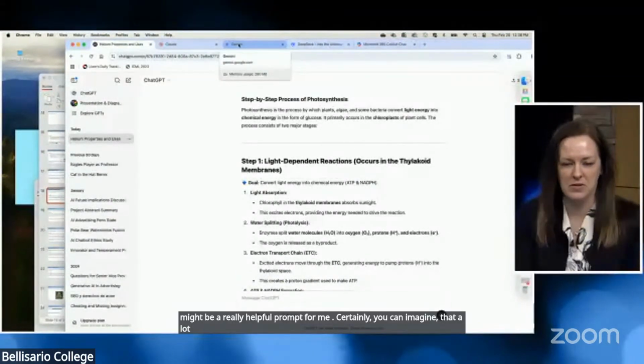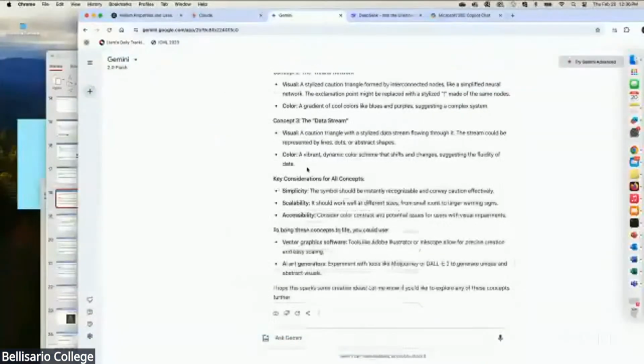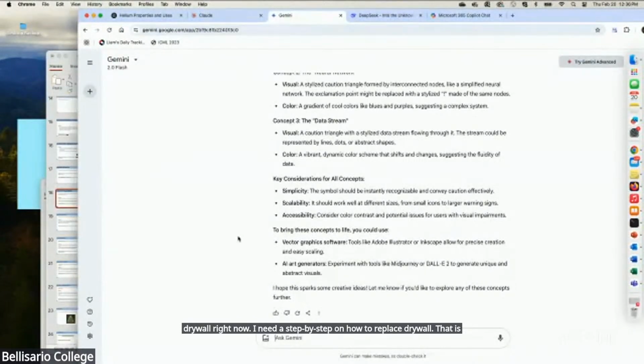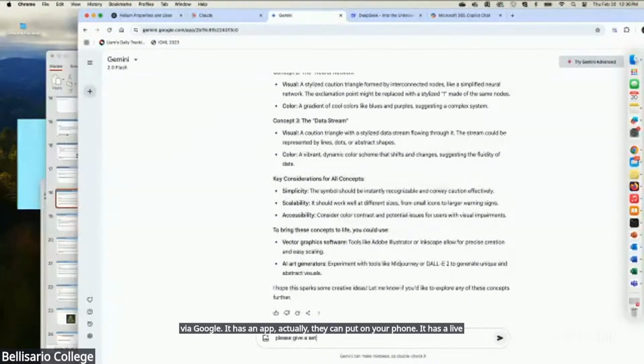That is really helpful. Okay, I'm going to go now to Gemini, which I did not introduce before, but I'm worried about running out of free tokens. So Gemini is also a free model available via Google. It has an app you can put on your phone. It has a lot of cool features like a live feature, but right now I'm just going to ask it to explain. Please give me a step-by-step